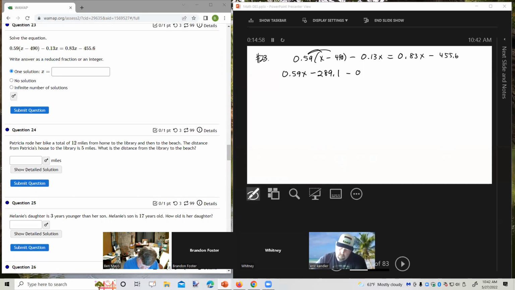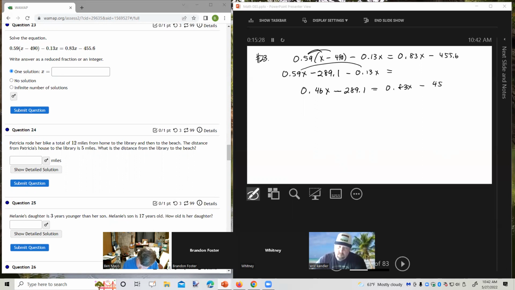And then minus 0.13x. Combining like terms, 0.59 minus 0.13 is 0.46x minus 289.1 equals, and on the right side,